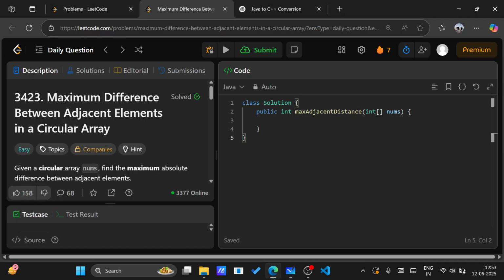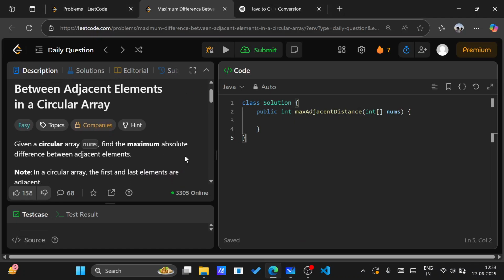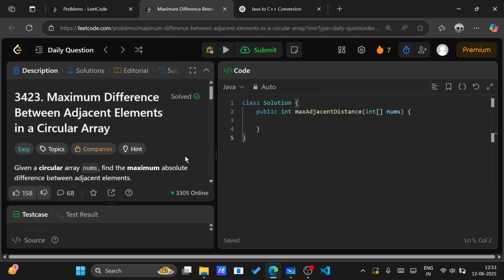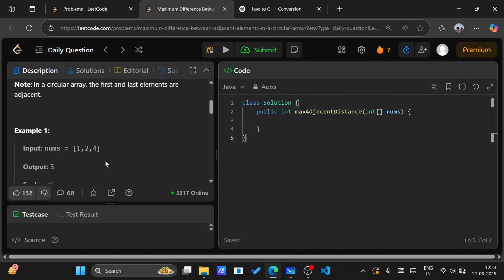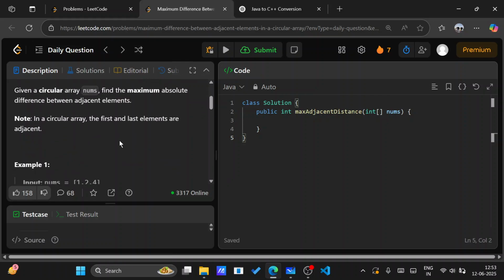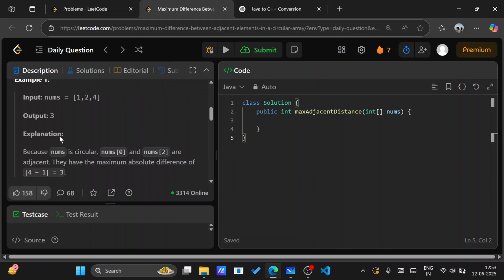Let's see the question now. It's the simple thing which was given in the heading only: the maximum absolute difference between adjacent elements. And it is given that the first and last elements are adjacent. Like in this,